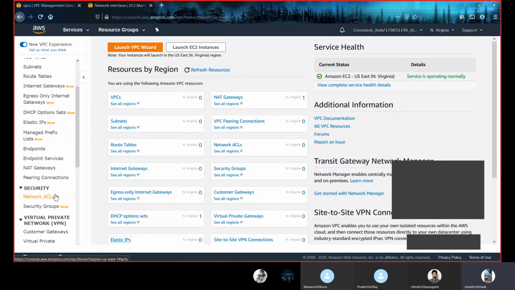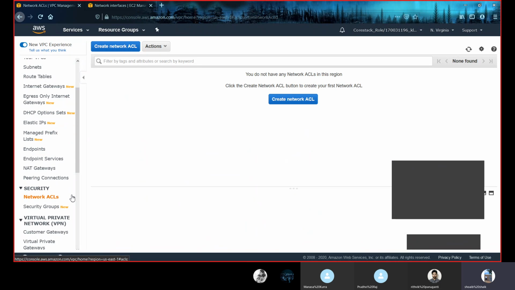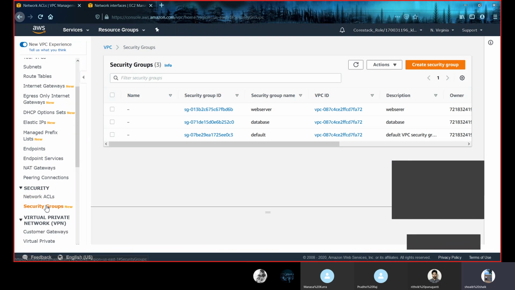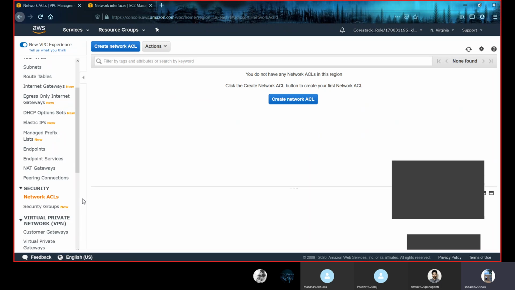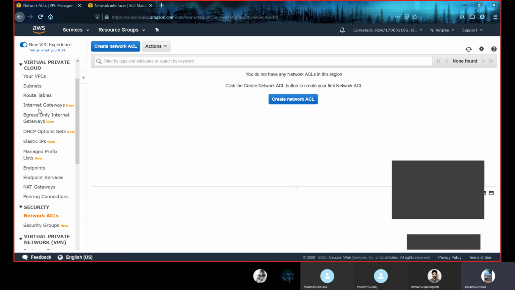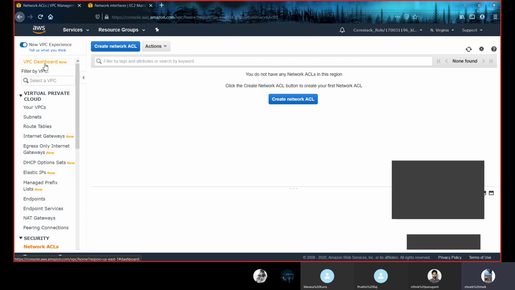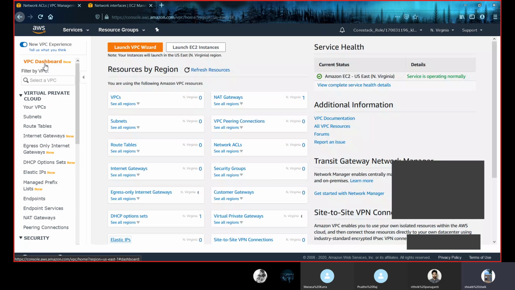We should also know how to use security groups and network ACLs: when to use a security group, what kind of traffic should be allowed in a security group, what kind of security groups should be created, either security groups for web servers or security groups for databases, and how to use network ACLs, network access control lists, when to attach them, and how to use them. This is how we can maintain a virtual private cloud in an efficient way.